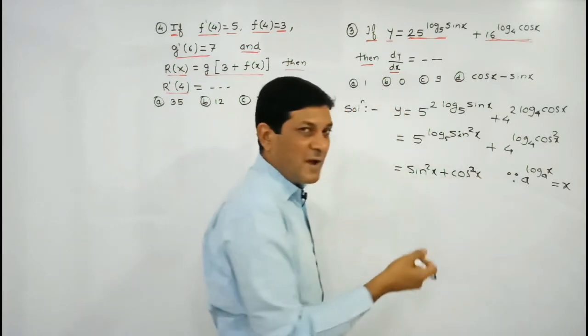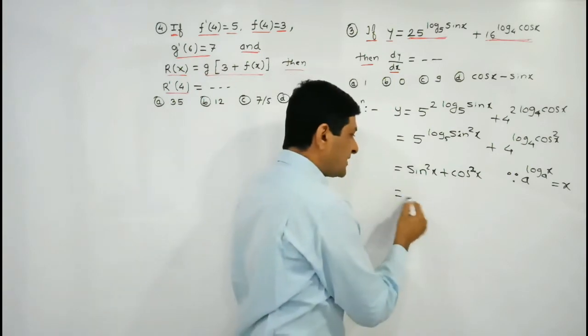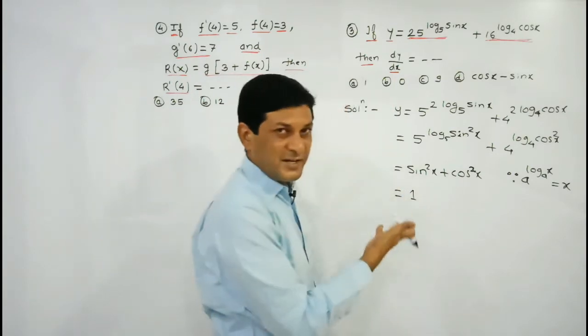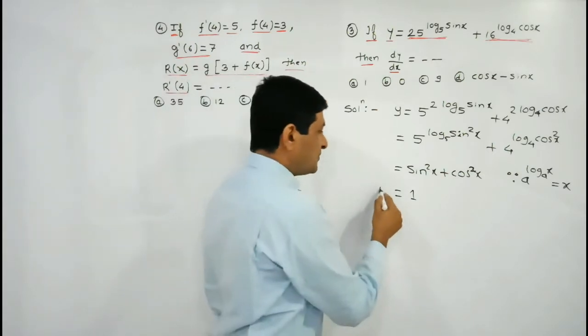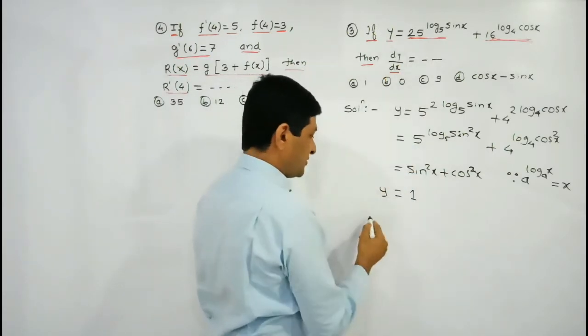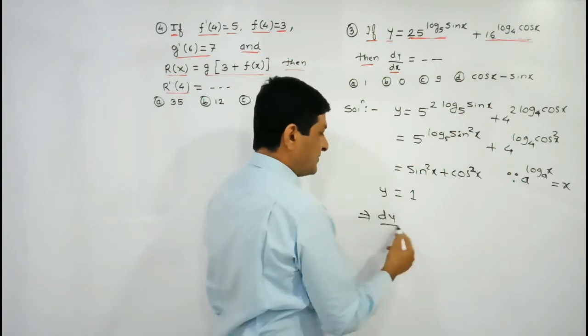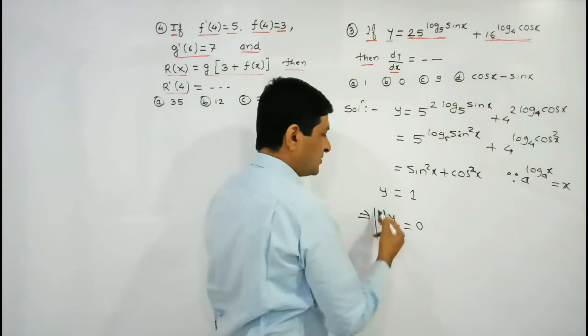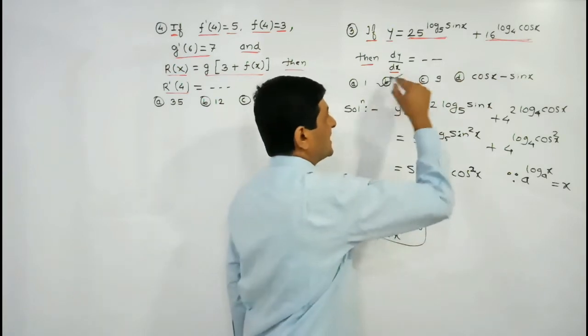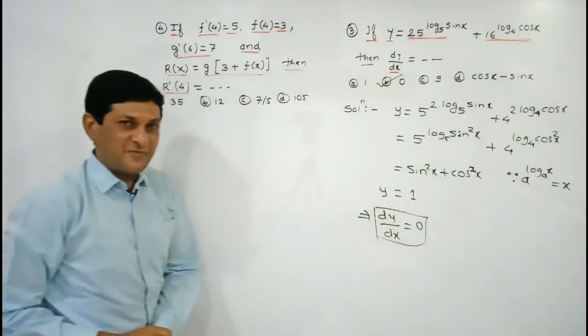Now according to the identity, sin square x plus cos square x will be equals to 1. This is the trigonometric identity, sin square theta plus cos square theta is equal to 1. In this way we have simplified the given function. So this implies that its derivative, now we are finding its differentiation, derivative of 1 will be equals to 0 since 1 is a constant term. So we can say that here 0 is our required differentiation.